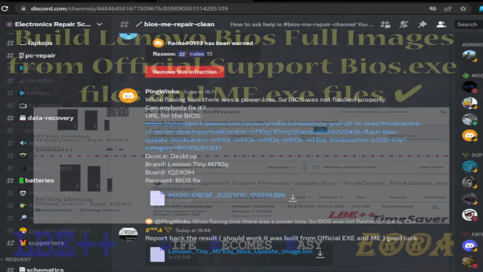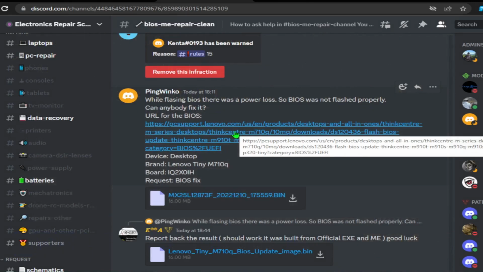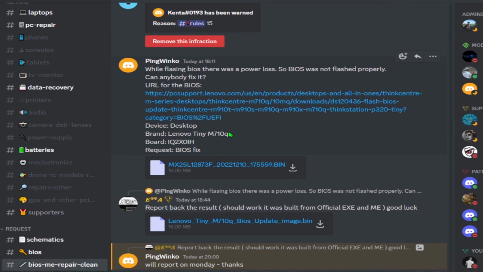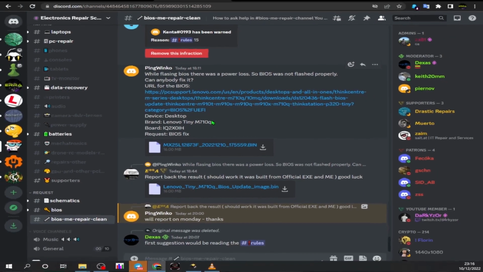We have a case in the ARS server, the Discord server, and in this case the guy is requesting BIOS repair of a Lenovo desktop machine after getting an issue about the flashing BIOS. While he was flashing the BIOS, there was a power loss, so the BIOS was not flashed properly,